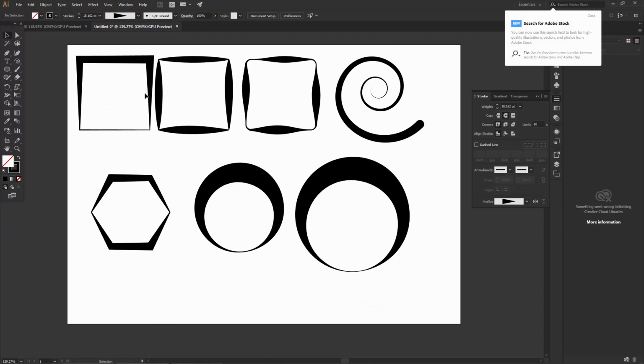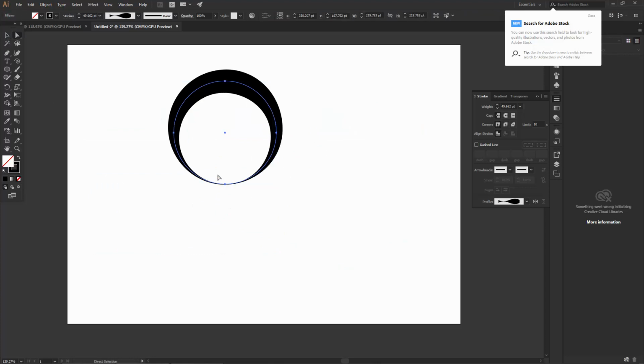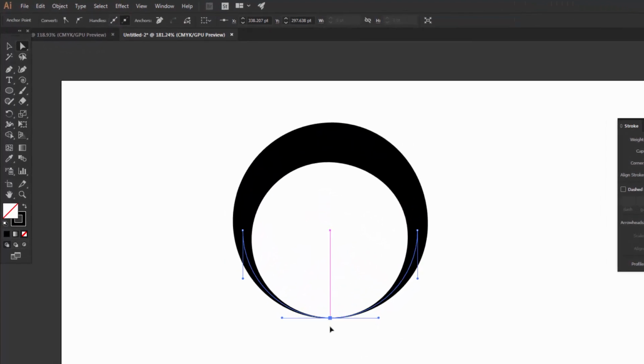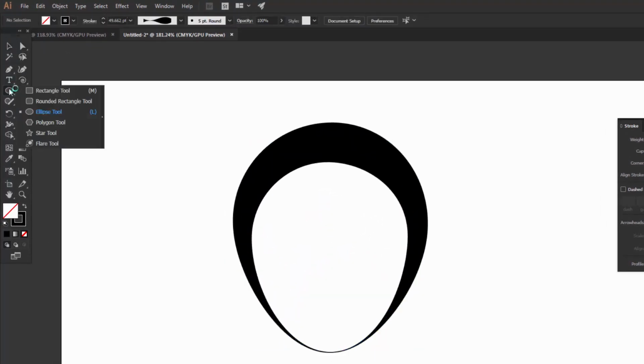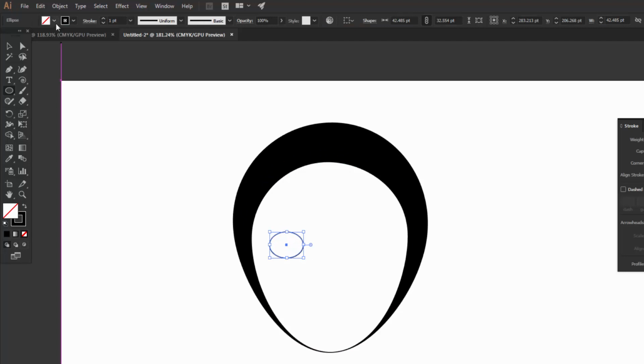Okay, let me show you one more example. I am deleting all of these shapes and click on this point and move it downward, and then choose the ellipse tool and make this kind of shape. Choose its fill to black.